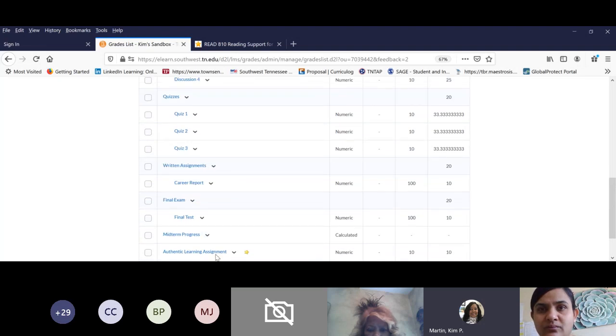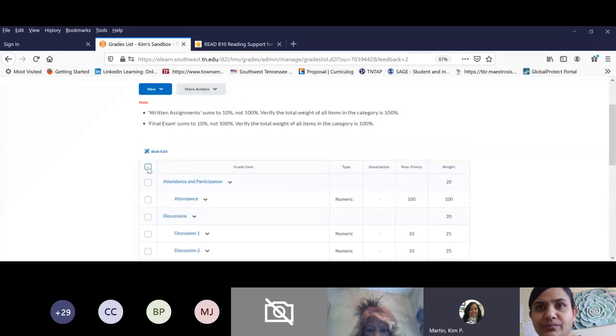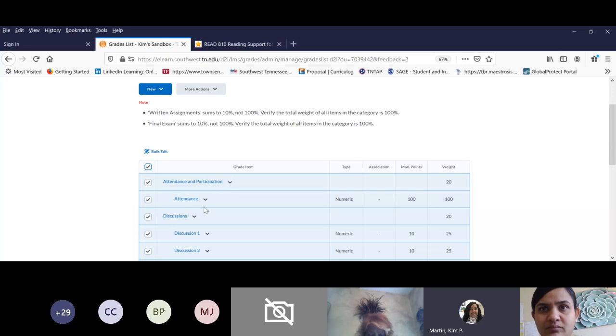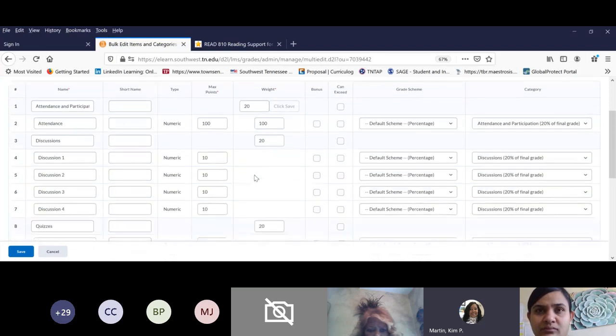To work smarter in the gradebook, you would select all rows. If you hover over this little box here, it tells you "select all rows." That's what that means. So I want to go here to bulk edit, and I want to take care of these two items without having to click on the drop down each time. Okay. I'm going to click on bulk edit, and I'm going to scroll down, and you'll notice that by looking